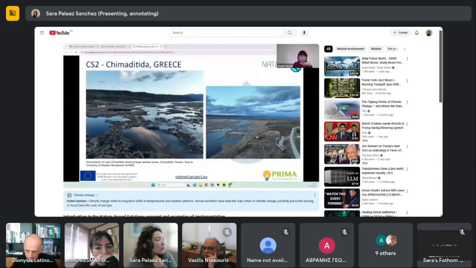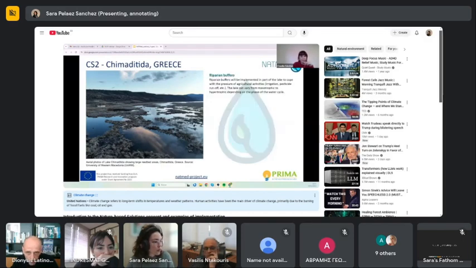of plants and animals. But the excessive growth of reeds in the lakes, which you can see in the image, has occurred very rapidly due to the decrease in water level, and it has led to the transformation of the largest part of the lake into bare land. To address this, the NbS to deploy are the creation of riparian buffers, which will be implemented in part of the lake to cope with the pressure of agricultural activities.